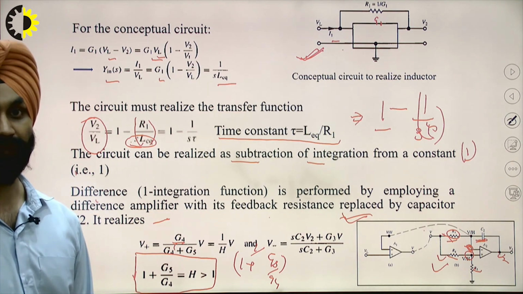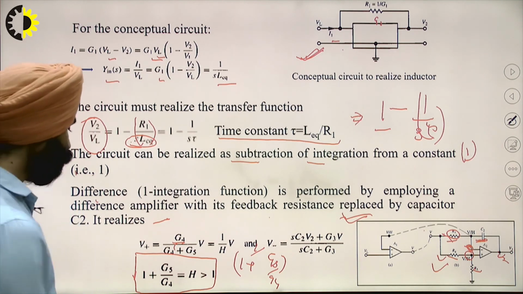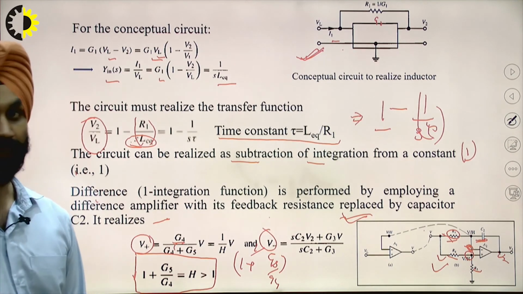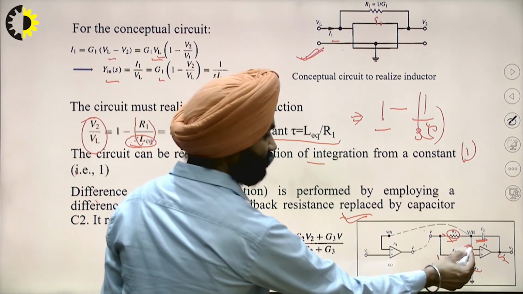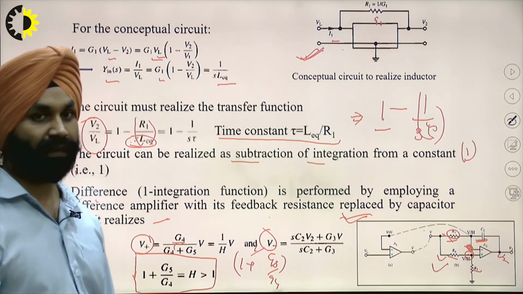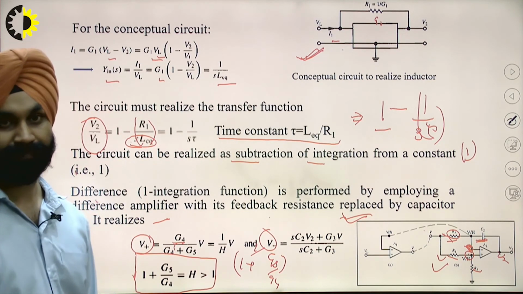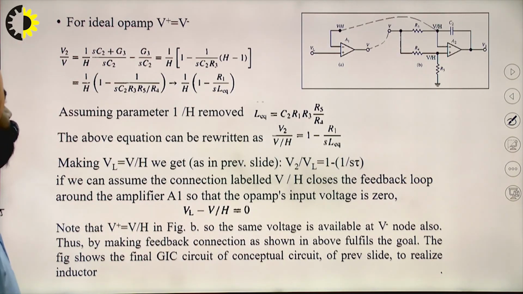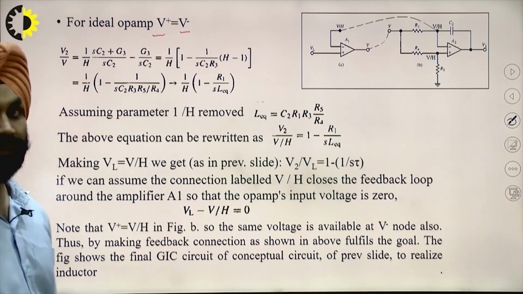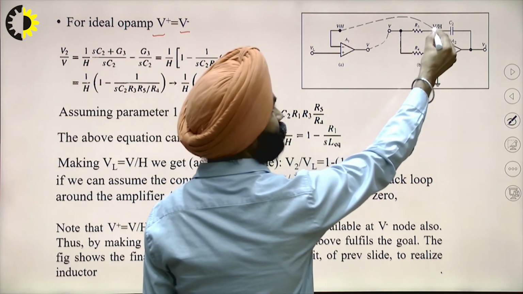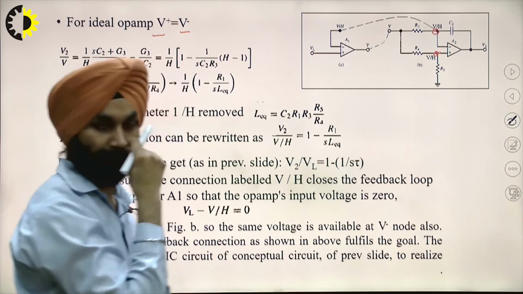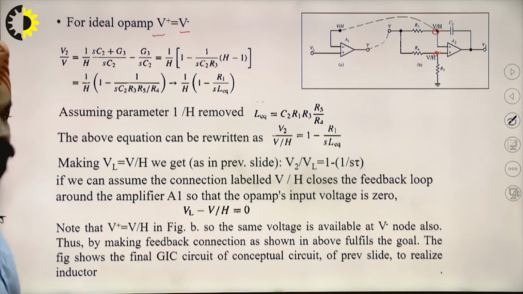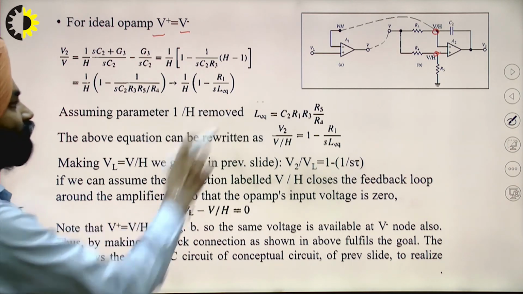a non-inverting amplifier. Right. Now these two, V plus and V minus, again from the study of the op-amp, we know that for the two voltages of the op-amp, if the op-amp is ideal, both voltages will be equal. So let's take these two equations. If it is ideal, the two voltages over here will be equal. Right. Now our aim is to find out the transfer function of these two equations.